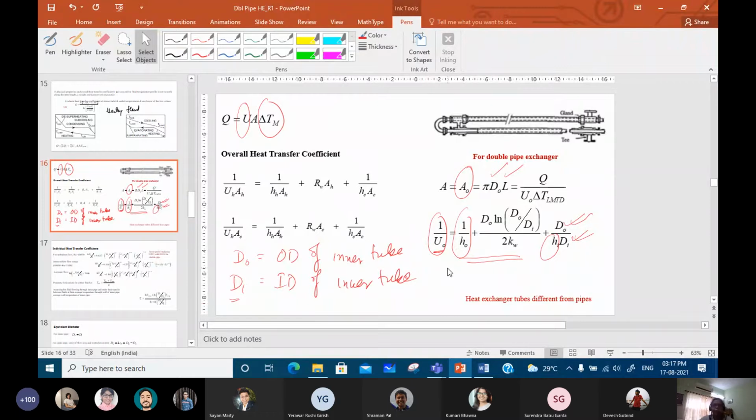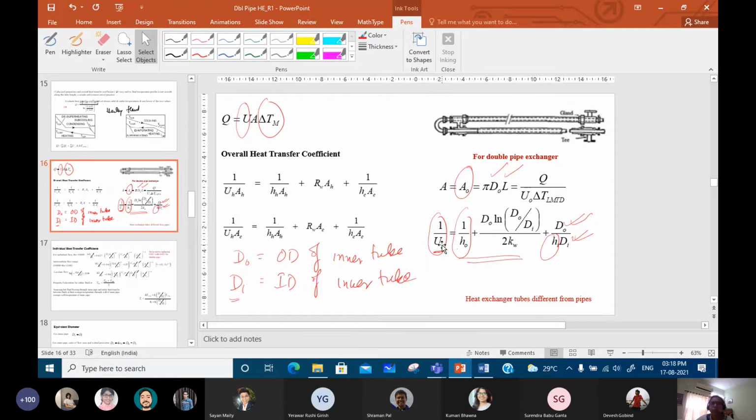So therefore, based on all these things, normally what we do is we start with a 1-inch inner tube and a 1.5 or 2-inch outer tube. And in that particular way, we try to go ahead. But normally inner tubes are never less than 3/4 inch diameters. And normally we do not go for outer tube diameters greater than 4-inch or 5-inch. So within this particular range, you need to have a guess.